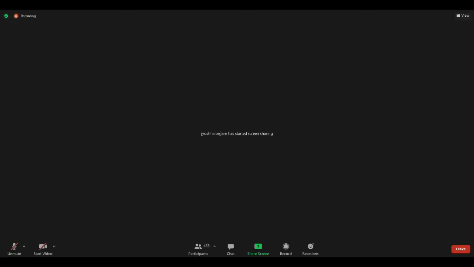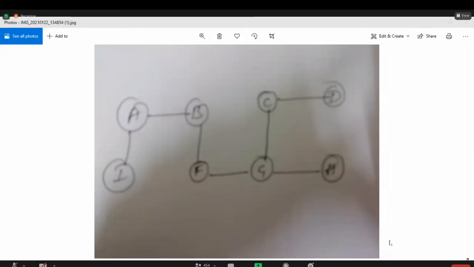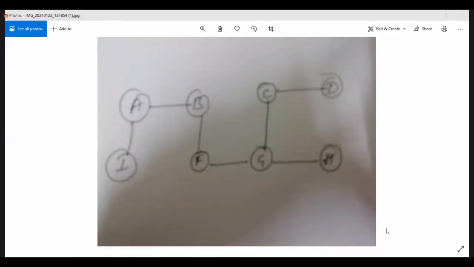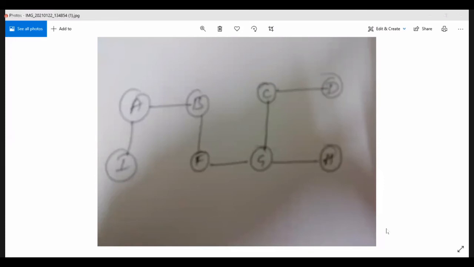Now look at the diagram. This is the final spanning tree for the given graph. Just now we discussed, right? This is the spanning tree according to DFS. Why? Because we started with A. When I removed A, A is my first vertex in my spanning tree. Then I removed B, and B is connected to A. After that B to F, F to G. Whichever vertex we removed from Q, that particular vertex is directly joined to the spanning tree. So this is the final spanning tree without any cycles.